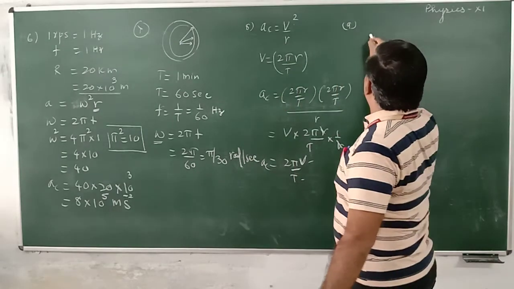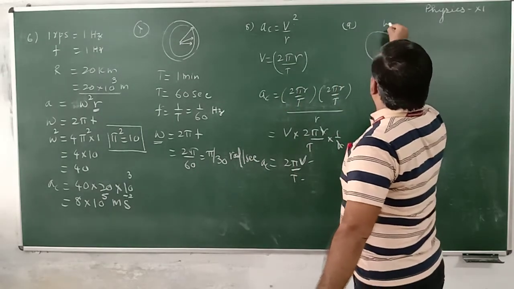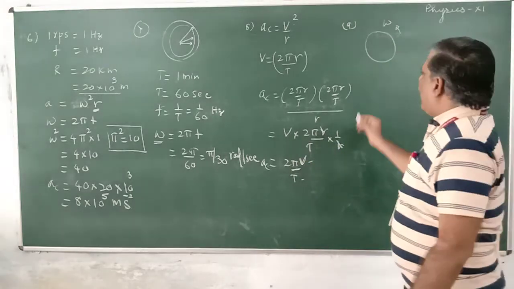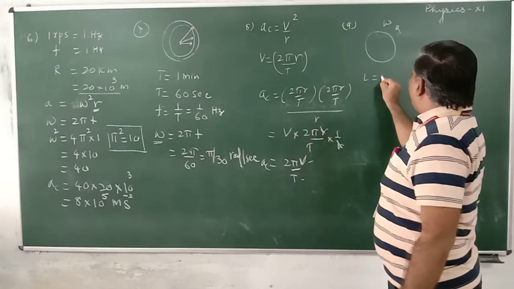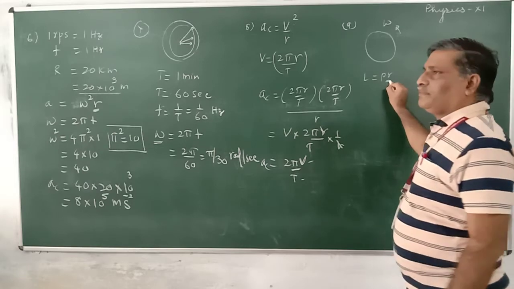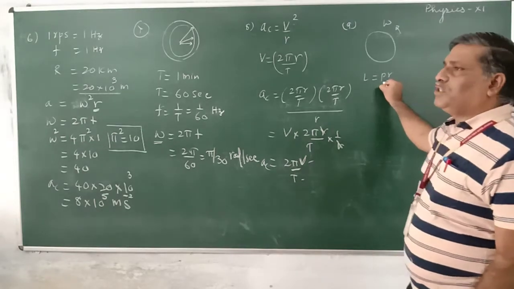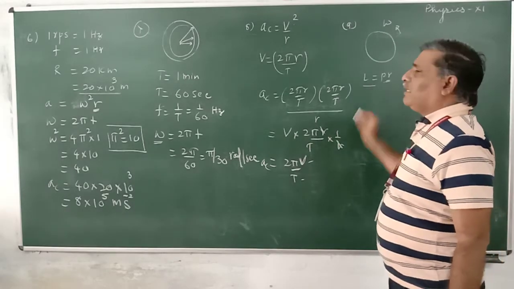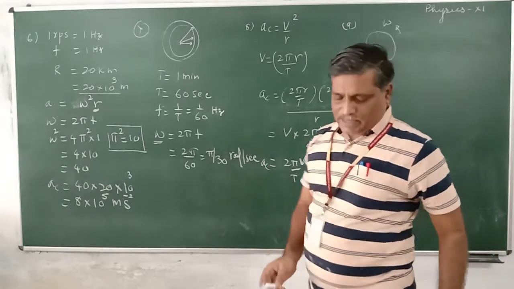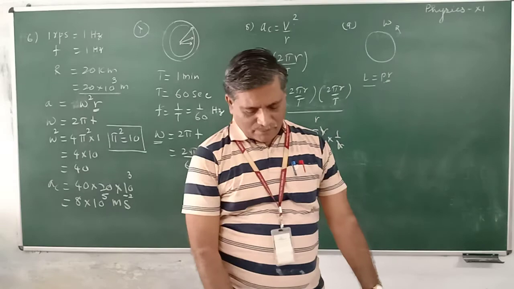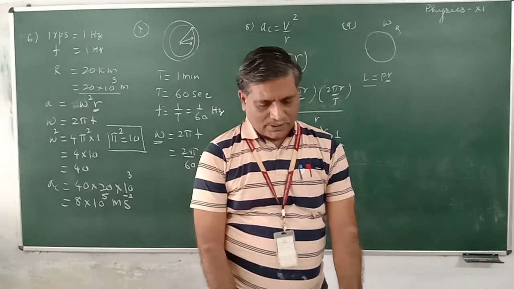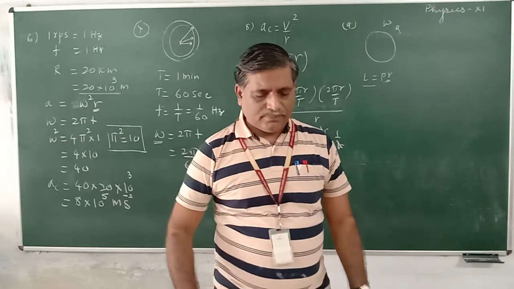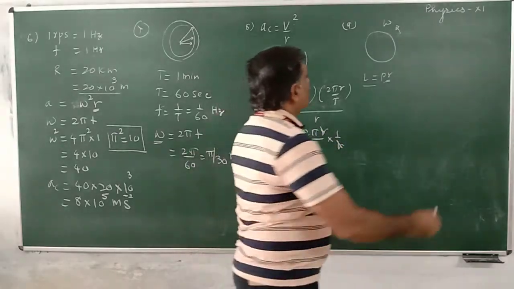Let's see. In uniform circular motion, omega remains the same. Angular momentum L is equal to P into R. As velocity direction is varying, momentum varies, so L also varies. So the answer: angular momentum varies, but the angular velocity remains constant. Next problem, that is the 10th one I am taking here.